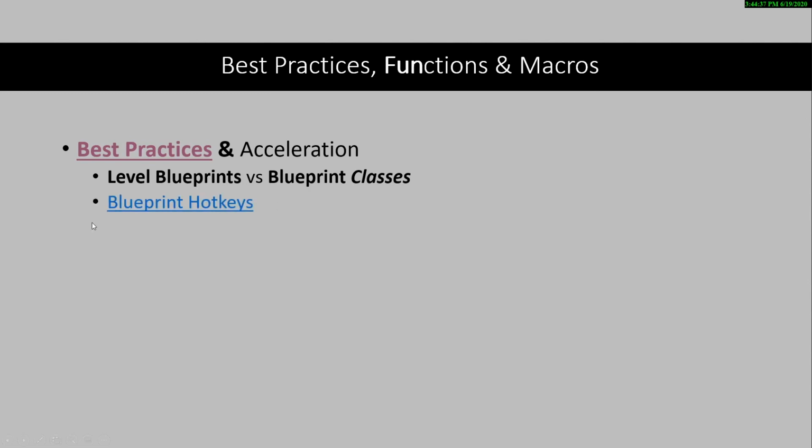But for now, I put a link into the Unreal documents for Blueprint hotkeys, which can help accelerate your workflow. And we've used some of them so far, like holding down the B key for branch nodes, maybe the D key for delay nodes. Also, if you're like me, and you like your blueprints lined up just so, I've put a link for a blueprint bonus tutorial. This is 3.5 minutes long, and it gives you a tutorial for how to set up your hotkeys in order to quickly align a lot of your blueprints.